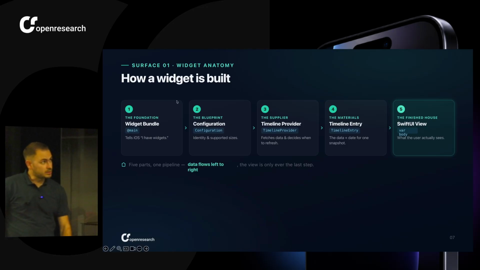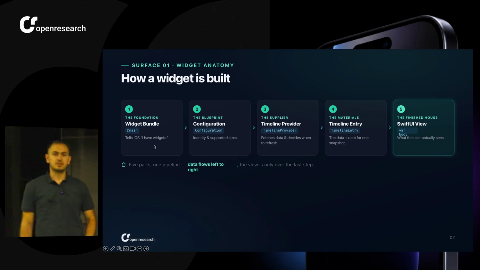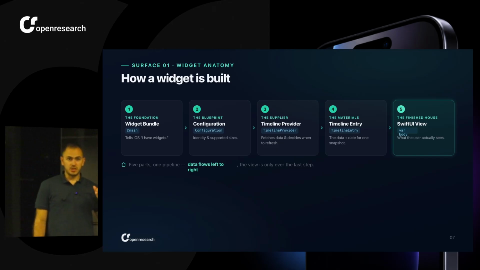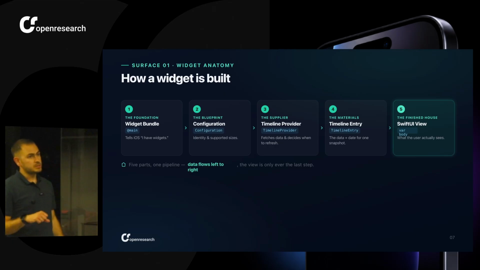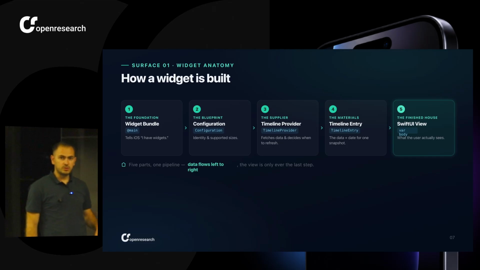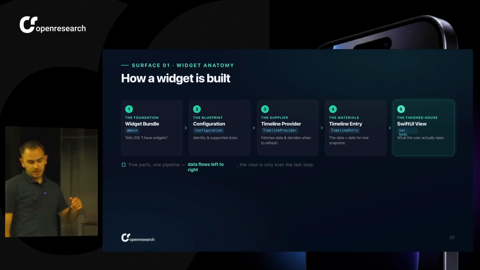How a widget is built. Everything starts with defining a widget bundle in our app. This tells the iOS system that I have this iOS application which also provides native widgets. Then we do the configuration part. The configuration part is all about defining the size, defining the data which we're going to display, and also the